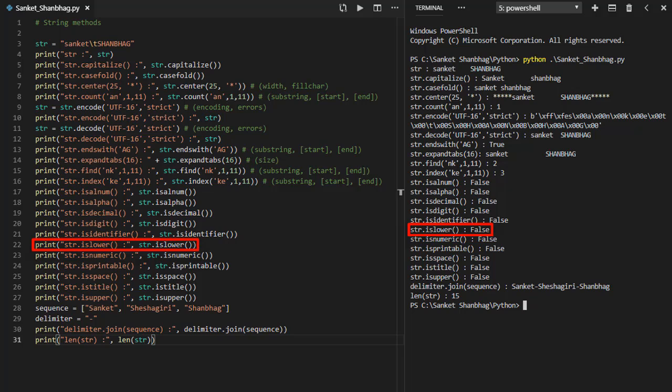Check whether string is having only lowercase using islower method. Check whether string is having only numeric using isnumeric method. Check whether string is having only printable characters using isprintable method. Check whether string is having only space